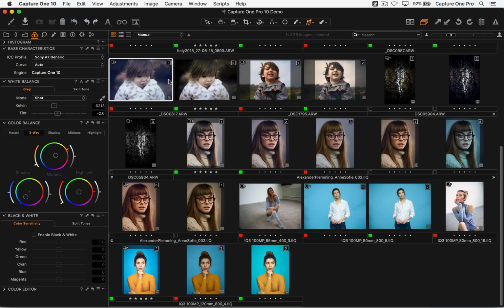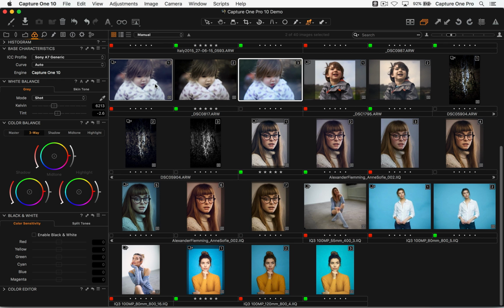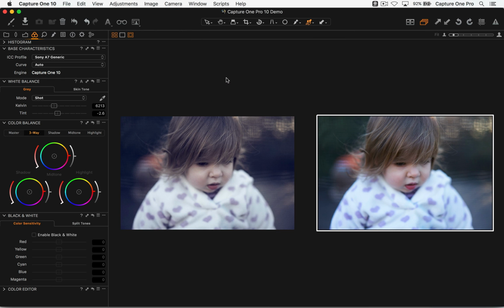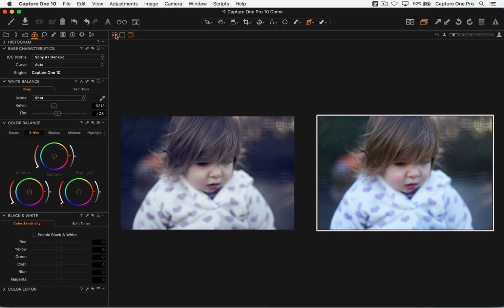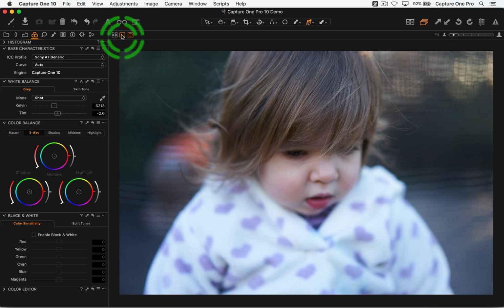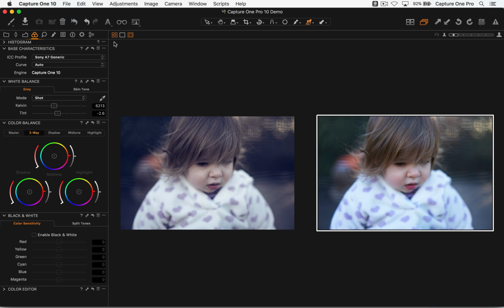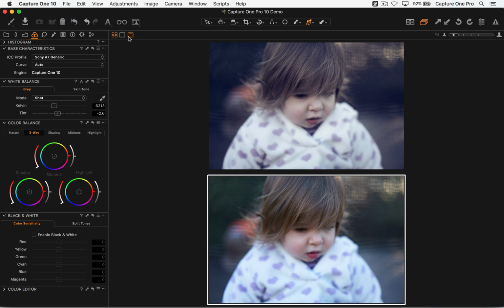Or if you want to, you can make a new variant, and that will give you a virtual copy of the image, and if you select both, then they will show up side to side. For example, just make sure you have multi-view on up here as opposed to primary view. So primary view is only going to show the one image, the primary, and then multi-view is going to show both, for example, like so.